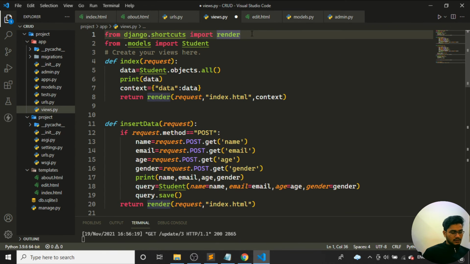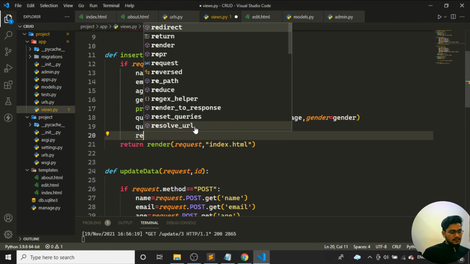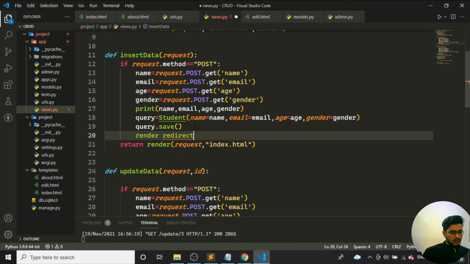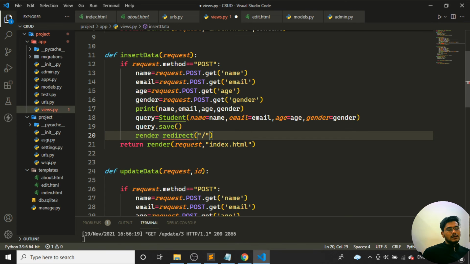I'll put a comma and type redirect. I'm importing redirect. Once it is saved, I'll write return, return redirect to the slash. I'll return redirect to this particular page. Why is it getting an error? The redirect will take the operation; we have two things here, return as well as redirect.